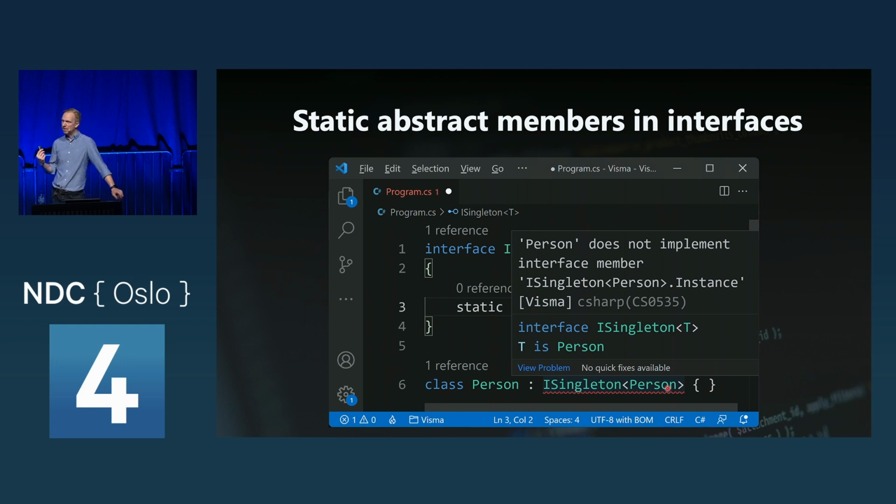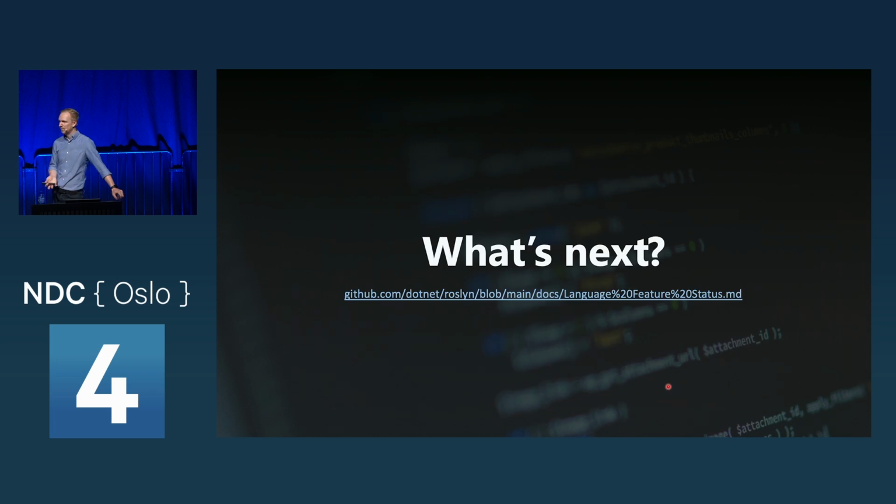So that's all there is to C# 11. Now, the question is, what's next? We have another few minutes to talk about the upcoming features. And I have a link here that's showing all the progress of all the different language features of .NET and C#, or actually in C#. They have a GitHub page where they're doing all of this in the open. They take comments from users, and they want to get the community participation so that they know that they work on the right thing.